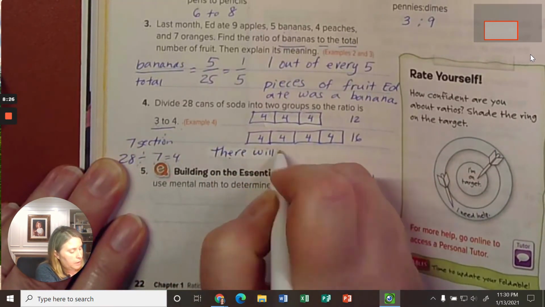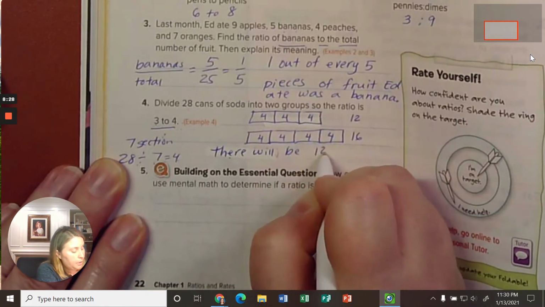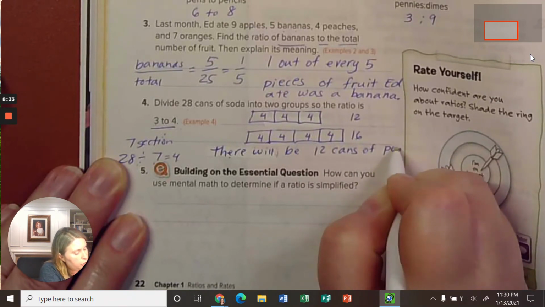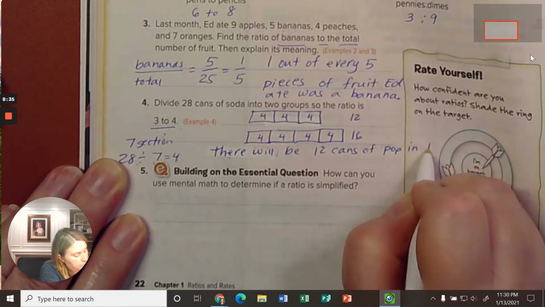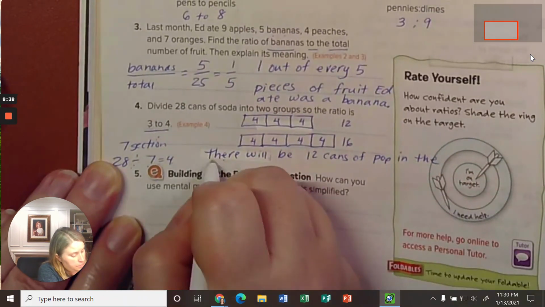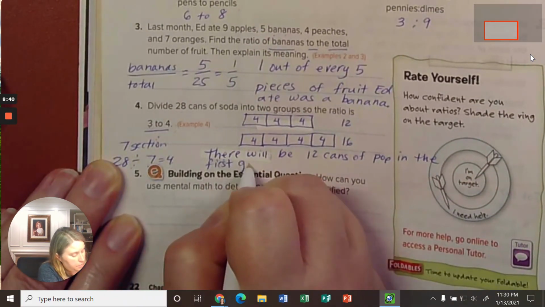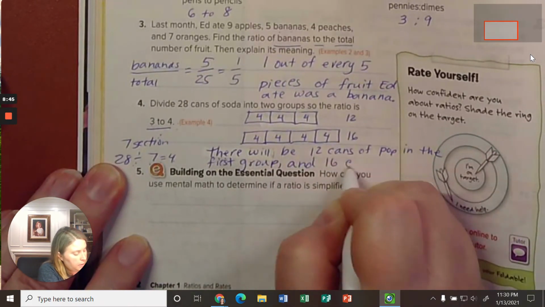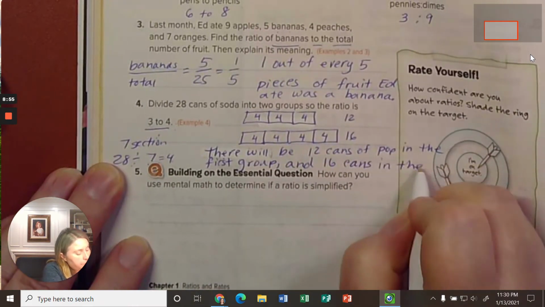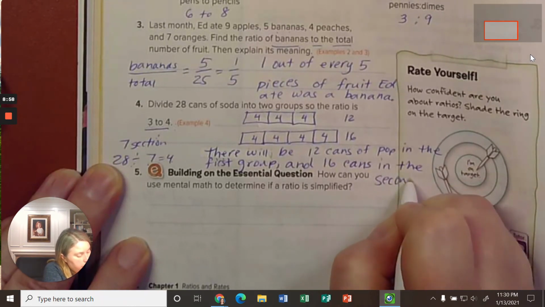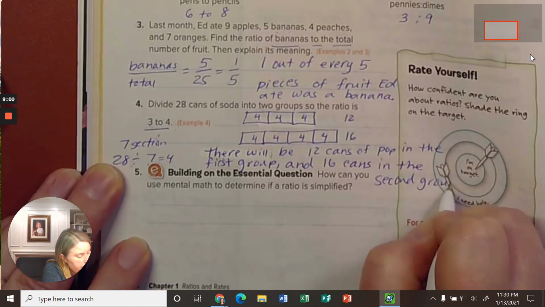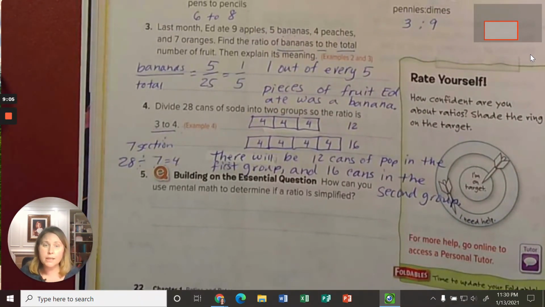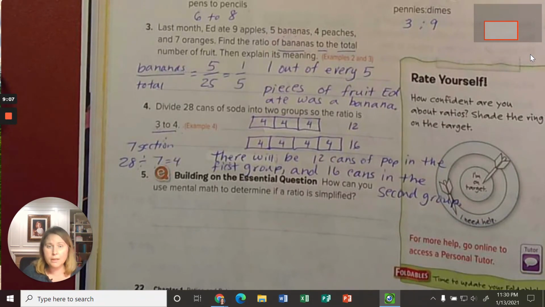Okay, so there will be 12 cans of pop in the first group and 16 cans in the second group. So 12 and 16. And then number 5 says, how can you use mental math to determine if a ratio